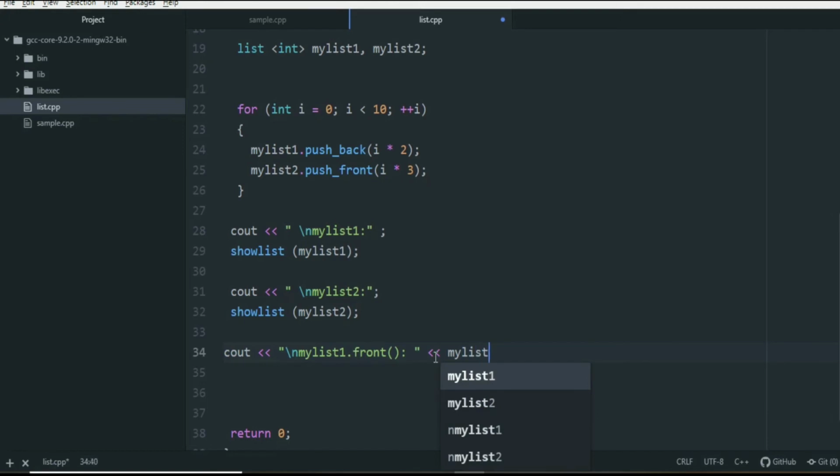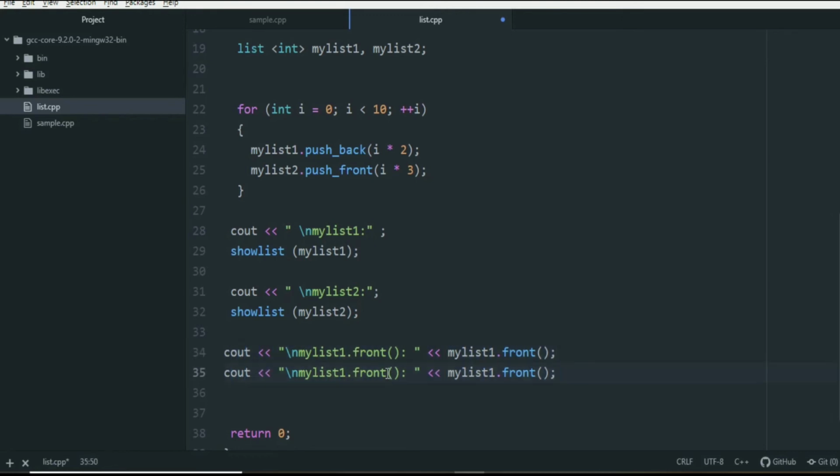So this was the command that we are giving as an input, and I have put front over here so that it becomes easy to identify what we are doing. So we start by passing the command, that is front. I'll be doing the same thing with my second list, but this time I'll be going for a different function, that is back.